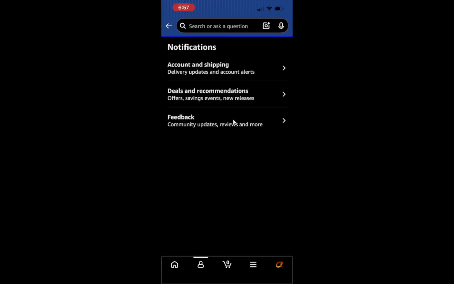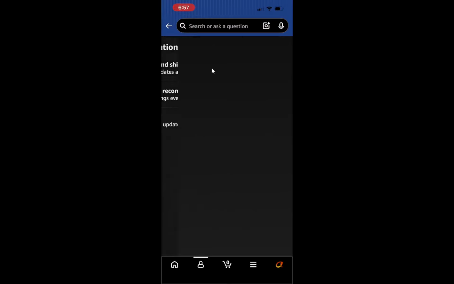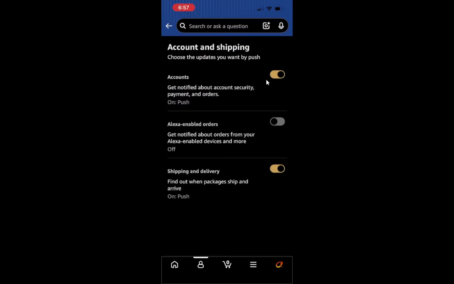Each category has its own switch, so you can fine-tune what Amazon is allowed to send you on this device. Here, turn off categories you do not want, such as deals and recommendations, shopping recommendations, personalized notifications, and other promotional alerts. When you toggle a category off, that type of message stops going out from Amazon to this device, usually within a short time. A helpful tip: if you later miss a type of message, you can come back to this same screen and turn that category back on.